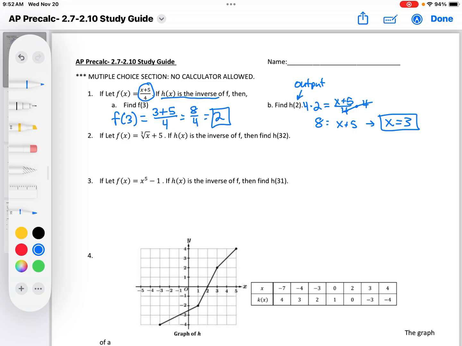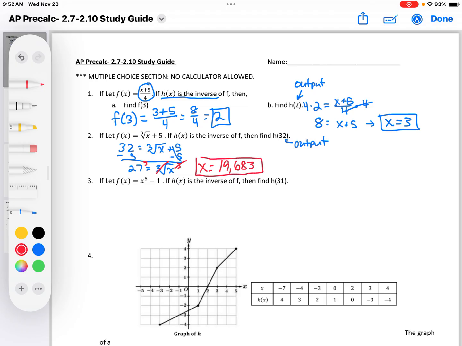On the next one, f of x is the cube root of x, plus 5. H of x is the inverse of f of x. So when I'm asked to find h of 32, again, 32 is going to be an output. So I'm going to set this equation equal to 32. Solving that for x, I subtract 5 on both sides, and I get 27 equals the cube root of x. To undo the cube root, I'm going to cube both sides, and I get x equals